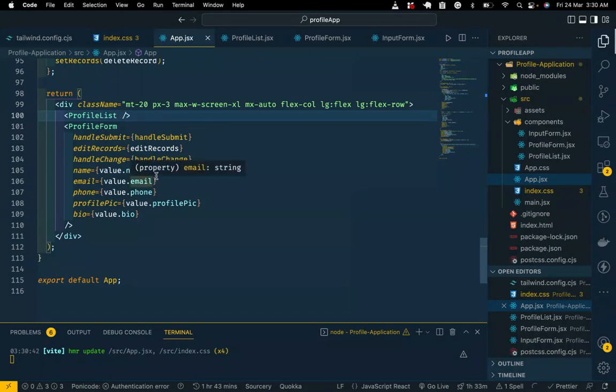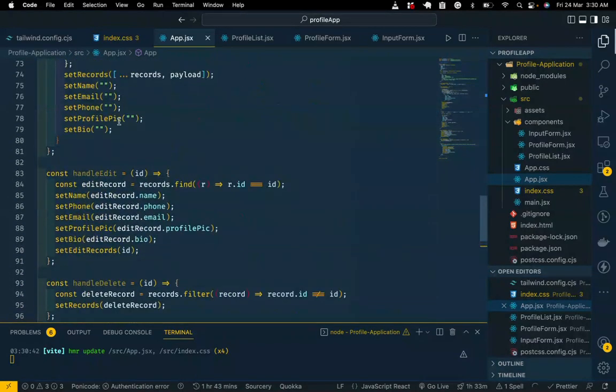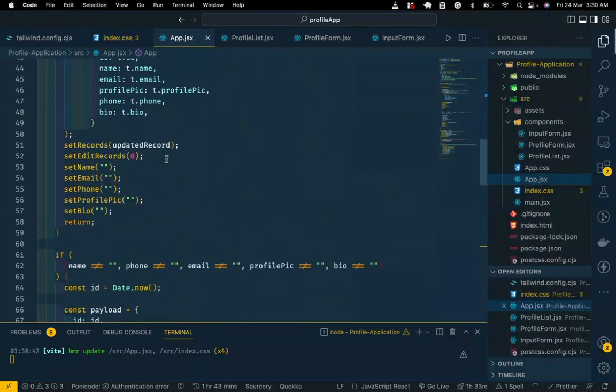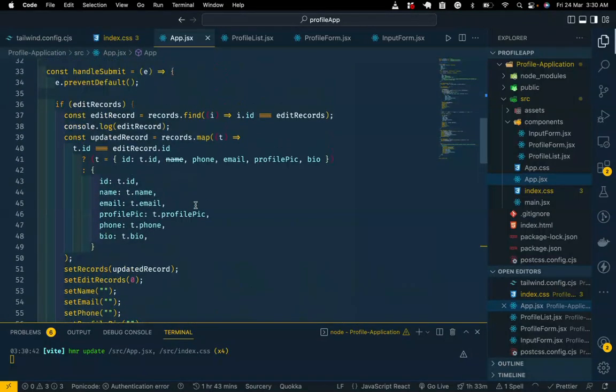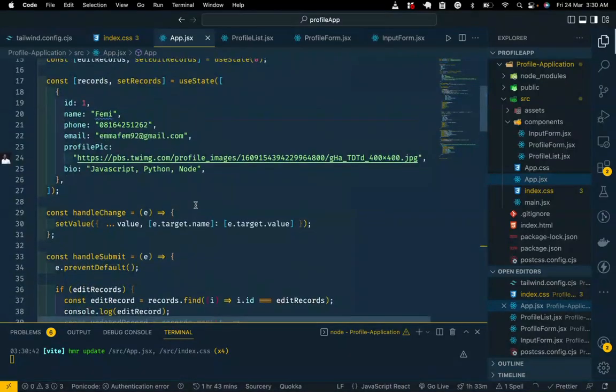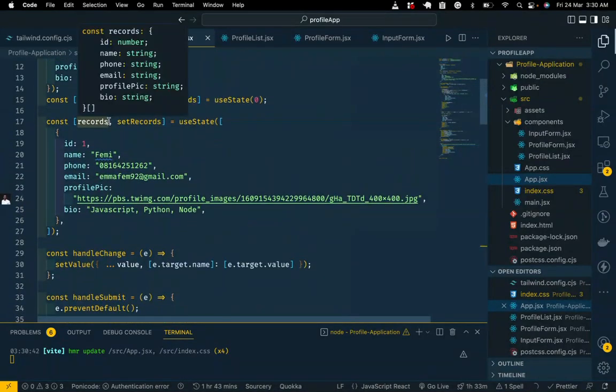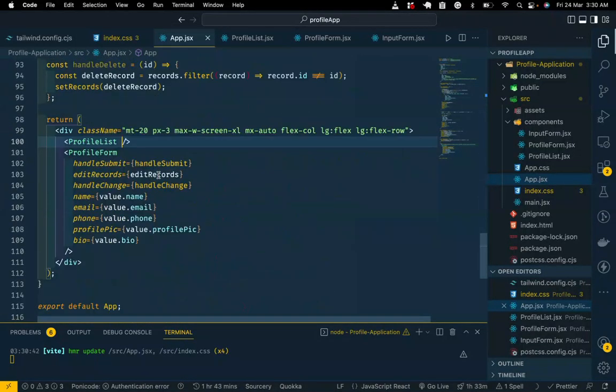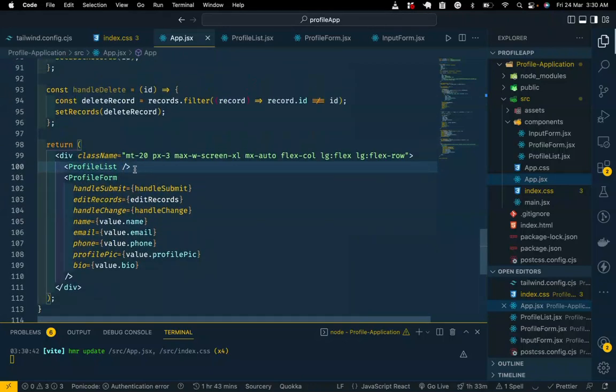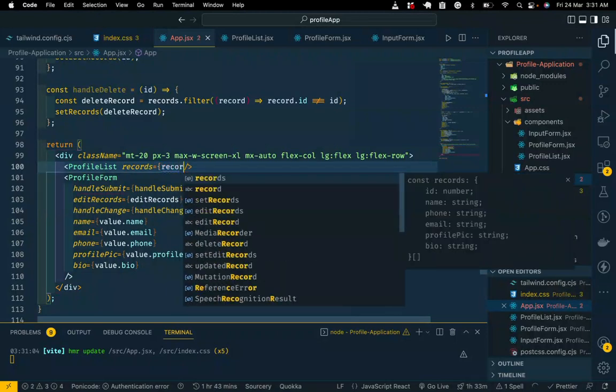And for this to work, since we are mapping through, we need the records here. So we need the record sets here. So I'm going to pass these as a prop. So we are going to do records is equal to records,